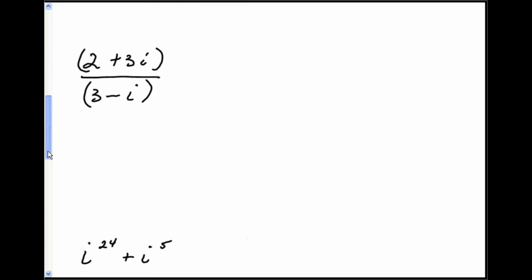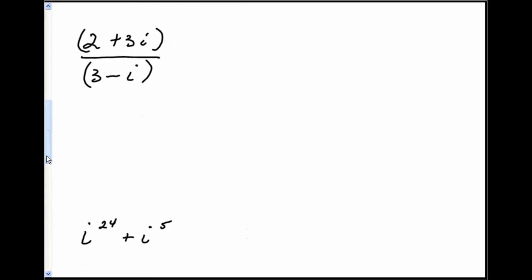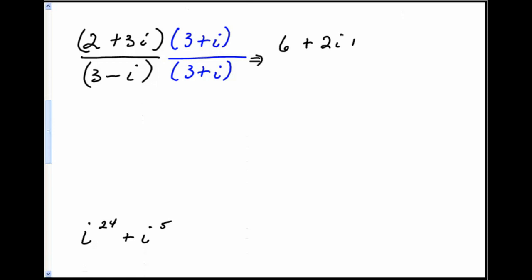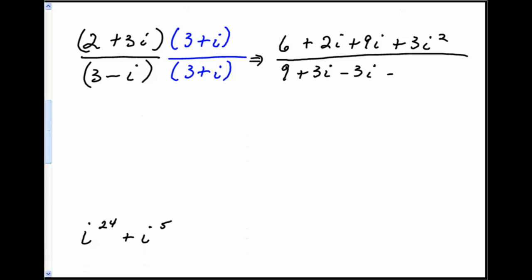Dividing. To divide two complex numbers, you need to multiply the denominator by its conjugate. So we're going to multiply top and bottom by the conjugate of the denominator, which is 3 plus i. So we're going to need to FOIL top and bottom. So here we'll have 6 plus 2i plus 9i plus 3i squared all over 9 plus 3i minus 3i minus